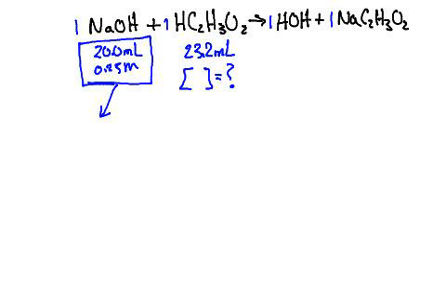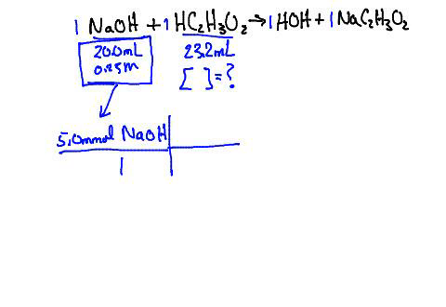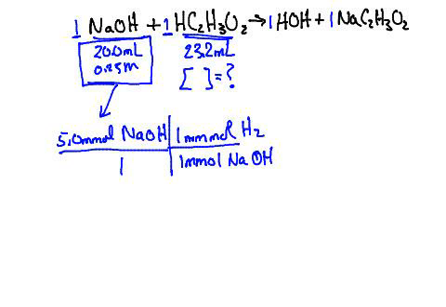Is that not 5? It is 5. So that is 5.0 millimoles of NaOH, and that is the beginning of my stoichiometry. Now I want to convert to the acetic acid, and so I can say 1 millimole. These coefficients you're used to thinking of as mole to mole, but they can be millimole to millimole. They could be molecule to molecule if you wanted them to be. 1 millimole of NaOH is 1 millimole of acetic acid,